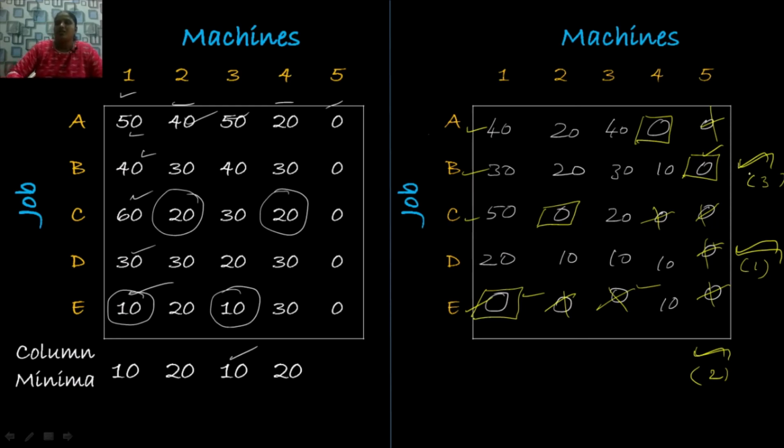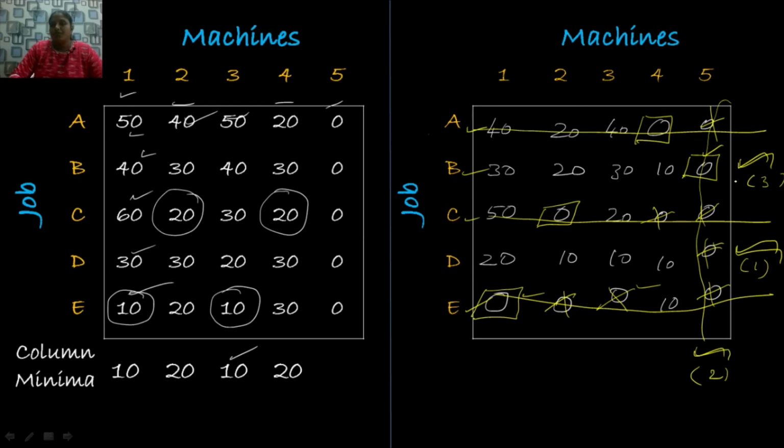After this, we have to draw a straight line through all unmarked rows and marked columns. The second and fourth are marked rows. Leave them and draw straight lines through the remaining rows. Through the first, third and fifth row, we have to draw a straight line, and for the fifth column alone, a marked column, you have to draw a straight line through it. So this gives the minimum number of straight lines which covers all 0 elements.